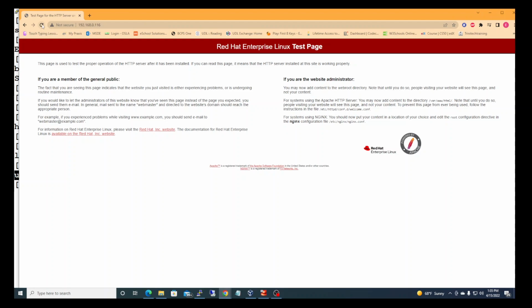So if I just refresh this page, we see immediately the content of that file, which means that if that file contained a website, we should see the website right here, right now. Okay,